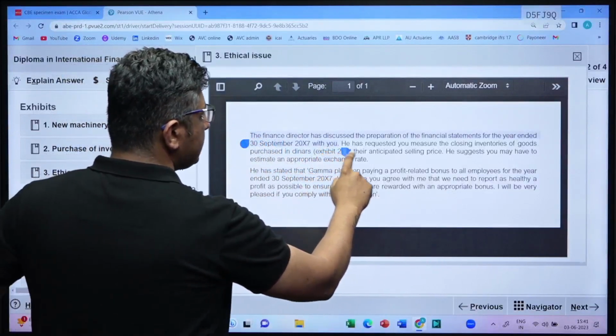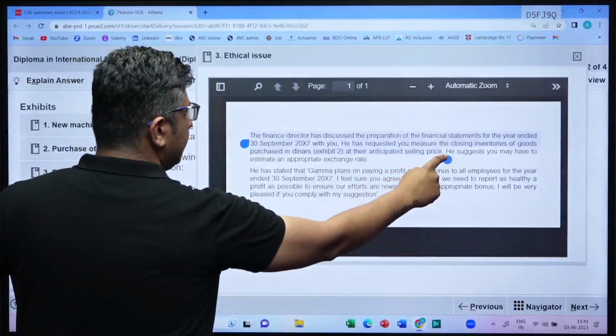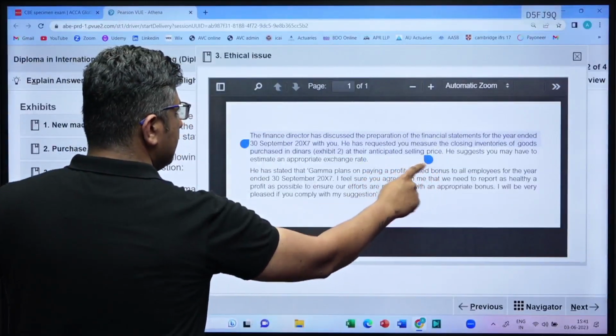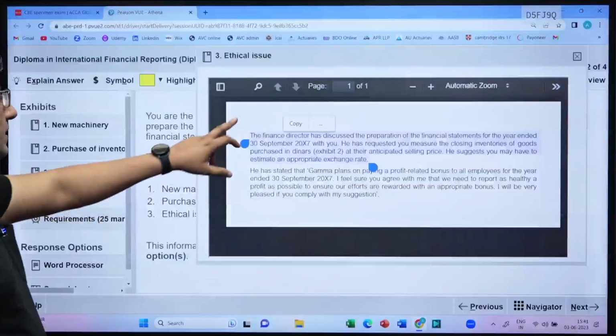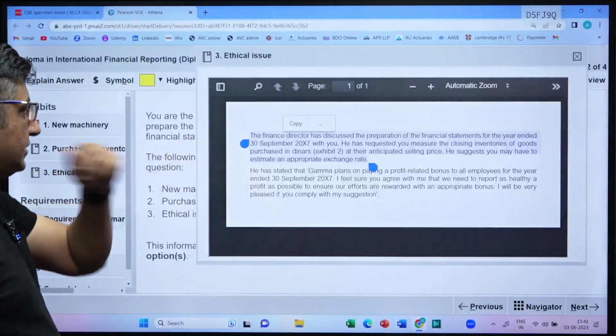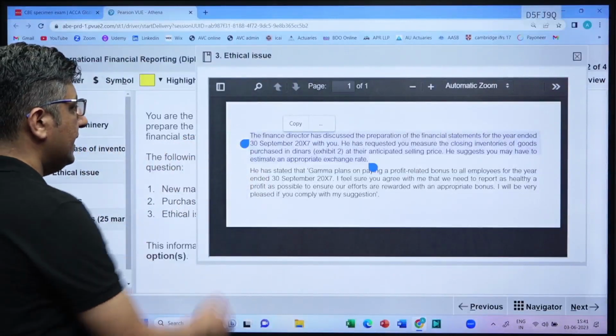He has requested you to measure the closing inventories at their anticipated selling price, and he suggests you may have to estimate an appropriate exchange rate. Okay. Now, why is he saying that? He has stated that